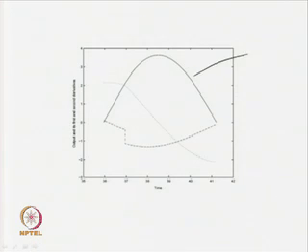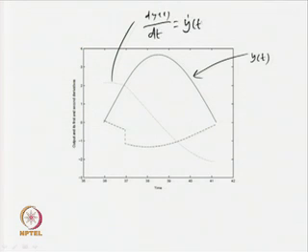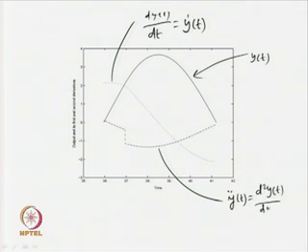obtained in this form. The upper one gives us the limit cycle or sustained oscillatory output y(t). Now, when the first derivative of the output signal y(t) is taken, we obtain this plot. This plot is for dy(t)/dt, or I write y dot t. So, the first derivative of the output signal is obtained in this form. When I take a further derivative, that is the second derivative, y double dot t, that gives me d square y(t) upon